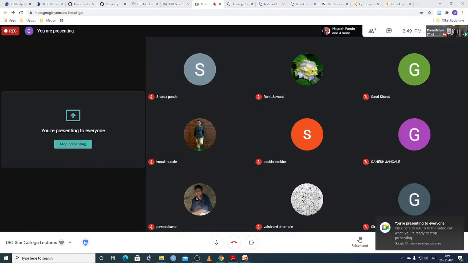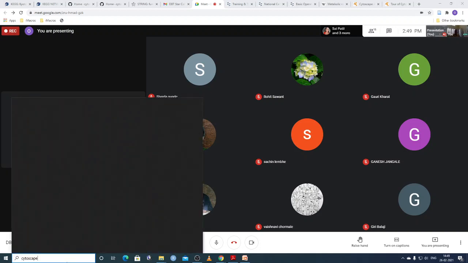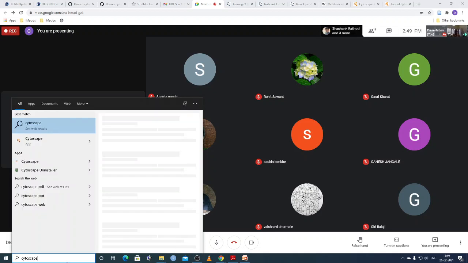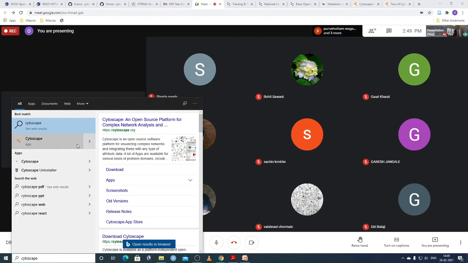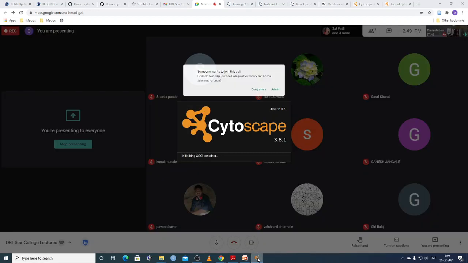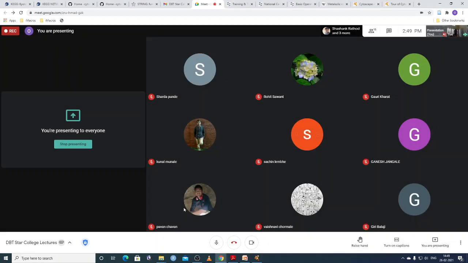So let us restart our Cytoscape. Cytoscape is a software for network analysis. So how is a biochemical network analyzed? In the last lecture we have seen how expression patterns, how genes get expressed, on NCBI. We already have seen how different genes get expressed, differential expression, how it is calculated. And this time we are going to analyze some reactions of this network. So let's see, it is opening.